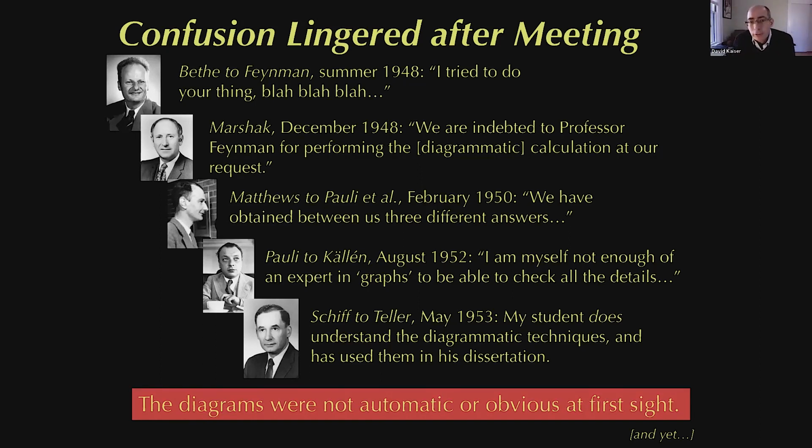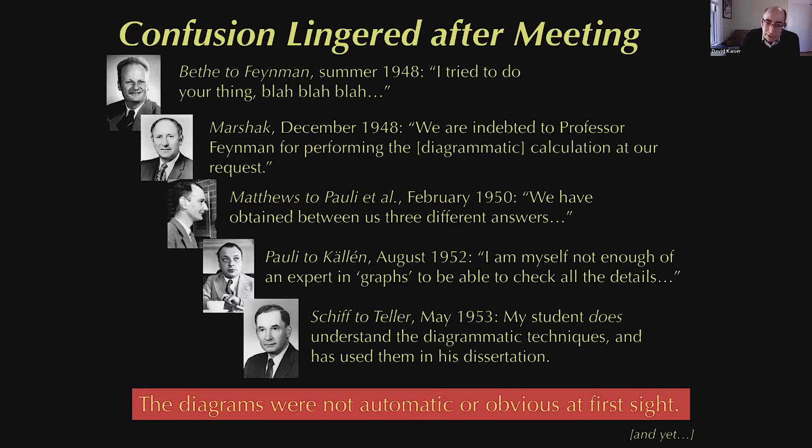You have people writing directly to Feynman saying, I can't do this calculation. Will you do it for me with your trick and tell me what you get? And then they thank him in the acknowledgments. There's some interesting correspondence among people not including Feynman, very elite, very well-trained experts in the field, where three of them try to do the same calculation with the same diagrams, and they keep getting different answers from each other. So you have this wonderful series of letters, because it was pre-email, and they were in different countries. They weren't going to make long-distance telephone calls. You have these letters of them trying to figure out what keeps going wrong when they each try to do the same calculation. That's as late as 1950.